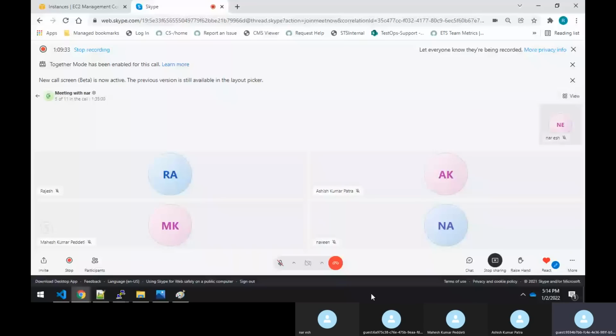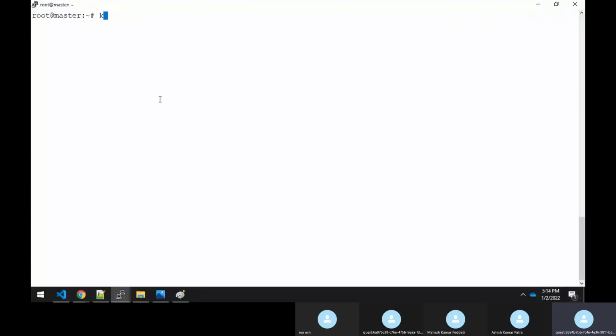Okay, fine. Now we will see an example of the deployment. For doing that, if you execute kubectl get deployment, I can see that there are no resources running.